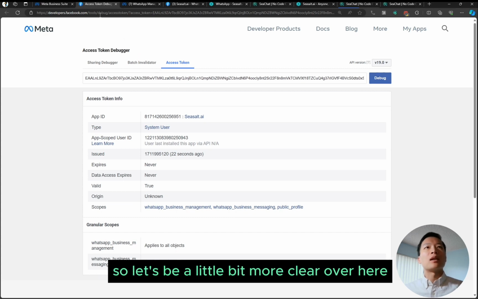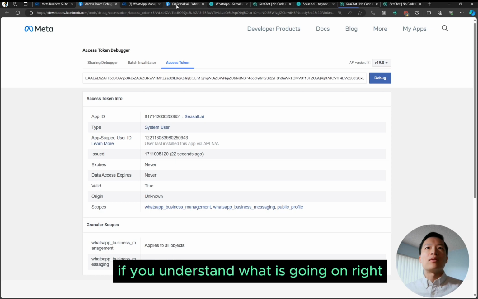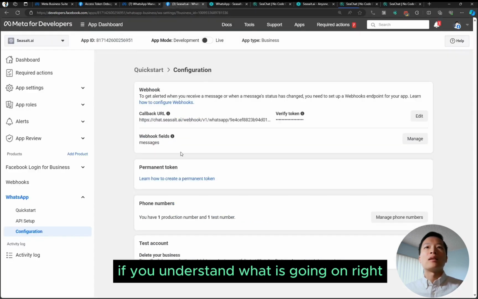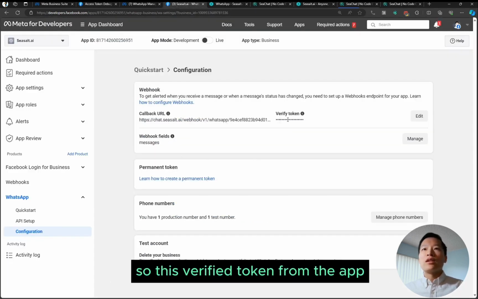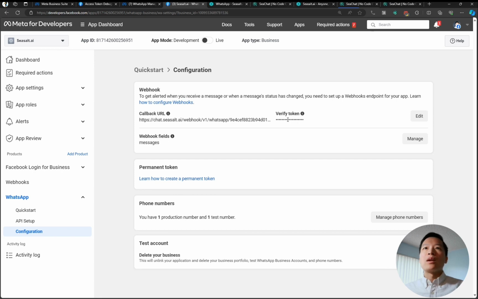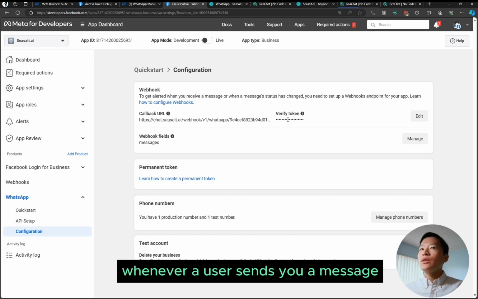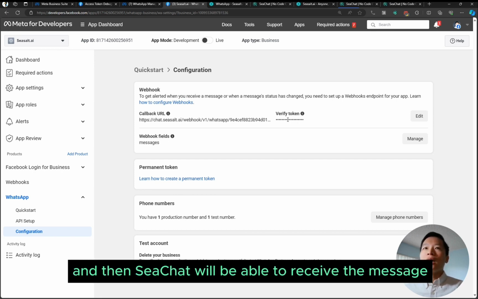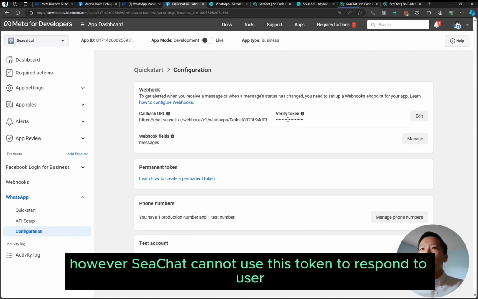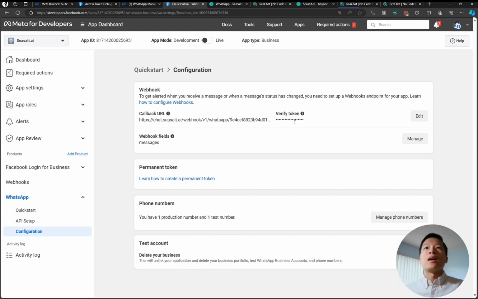So let's be a little bit clearer over here, if you want to understand what is going on, right? This verify token from the app will give you the permission whenever a user sends you a message, and then CChat will be able to receive the message. However, CChat cannot use this token to respond to the user.